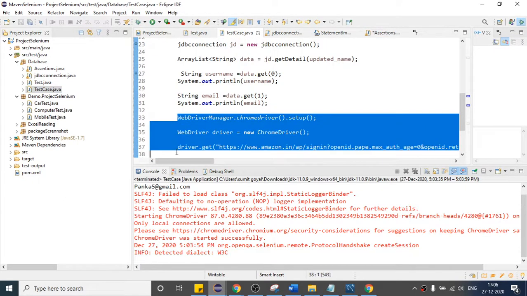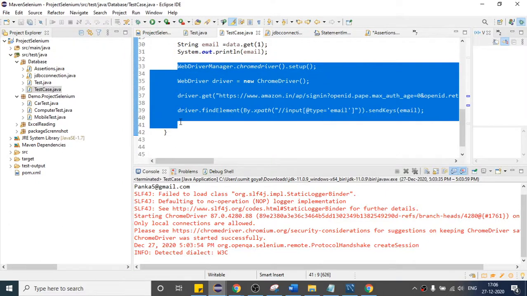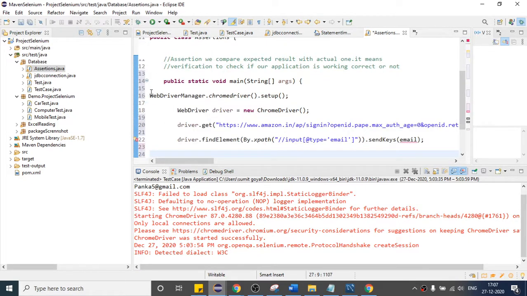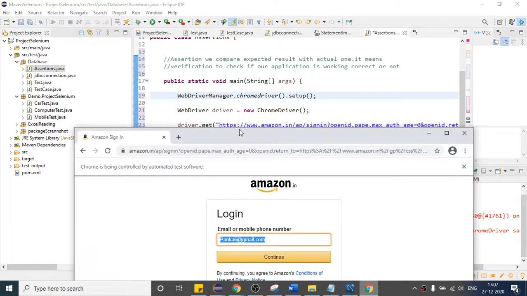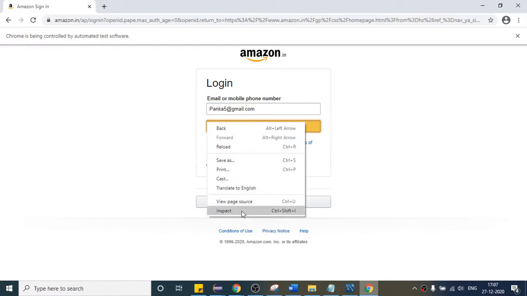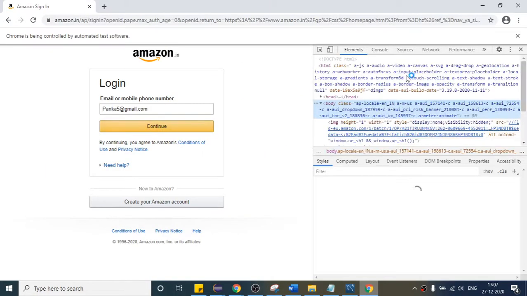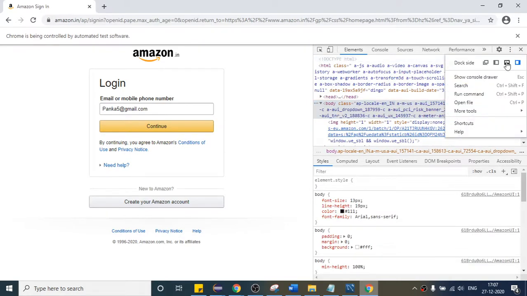If I write it here, this same code will invoke the browser. And instead of this one, I will write one XPath for this continue button. How can we write it? I want to get the continue text. Why do we have to get it?